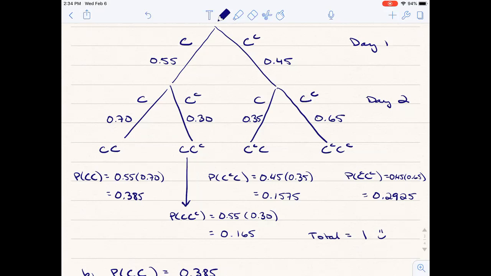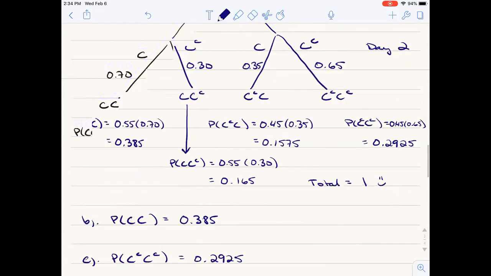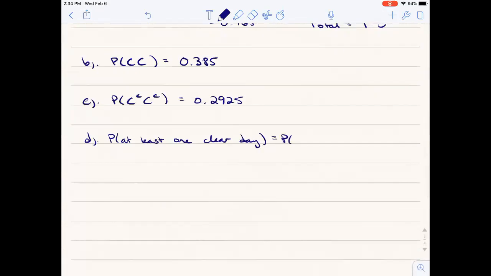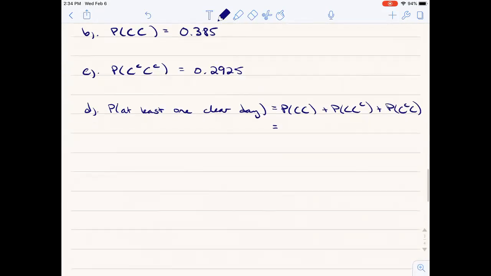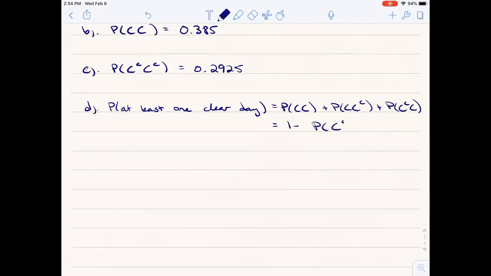Or we can say, well, because they add to 1, we can just take away the one that doesn't satisfy that criteria, or use the complement. Doesn't matter how you do it, you're going to get to the same number. As long as you show me what you're doing, either way is fine. So I'm going to put both on here. It's the probability of a clear day, plus the probability of a clear day, not clear day, plus the probability of a not clear day, which is the same as 1 minus the probability of a not clear day, which is the one I'll use, 1 minus